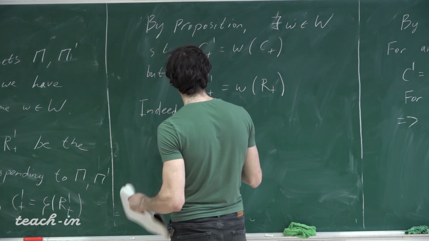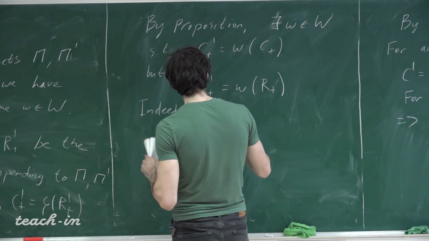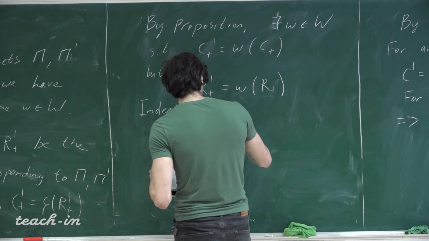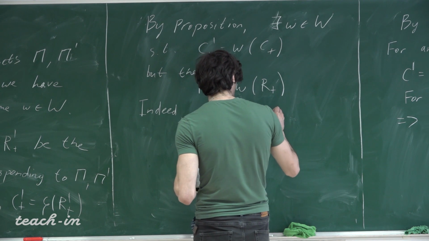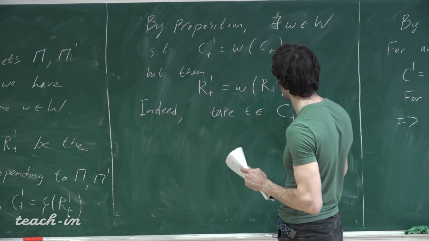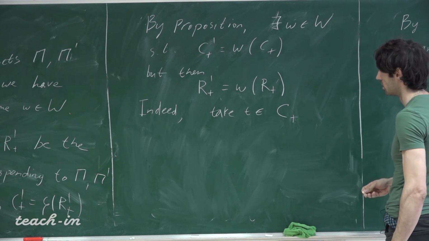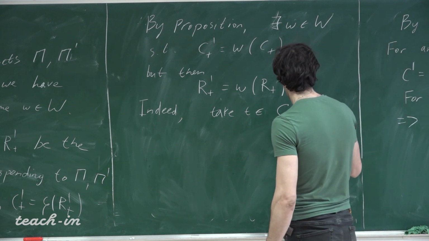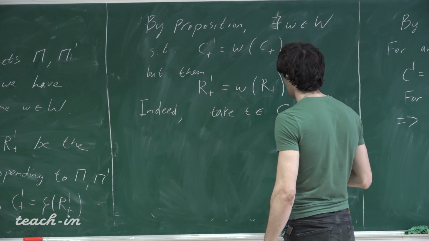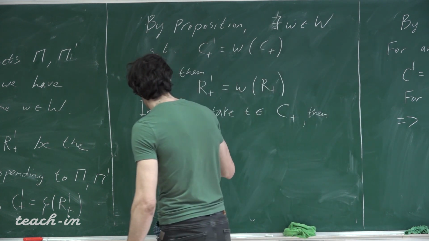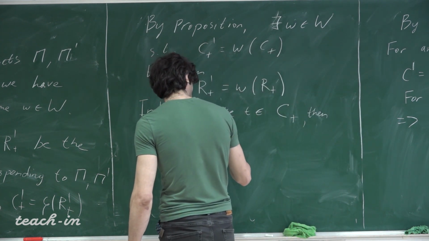So I take T in C plus, right? In the Weyl chamber corresponding to R plus. Then, of course, WT is in C plus prime,